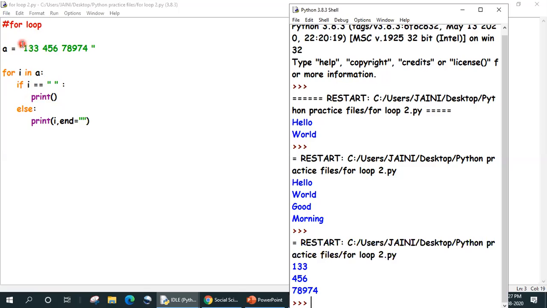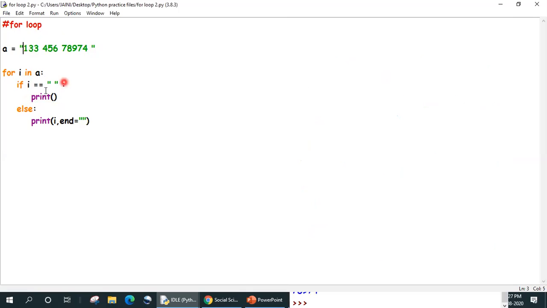Now, Python looks at anything inside quotes as a string value. If I remove the quotes, it's going to give me an error because it won't be able to do the comparison operator anymore, because I will not take a value from A. If A is a number, I have to use the range function for the alphabet I to pick up its value. Understood? This is a practice program that you will do today, 2 practice programs.